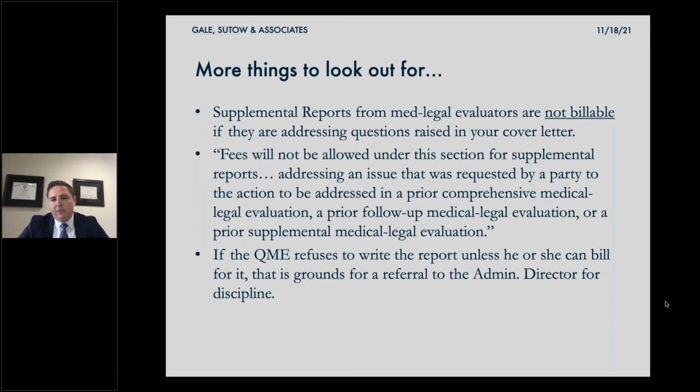So I think this is a very important section, and it's a great thing that was added in, because now, whenever you ask QMEs to address issues of, maybe, applicants' prior injuries, and then you get a report that has no discussion of prior injuries and maybe even a denial of prior injuries, but you've included subpoenaed records with specific citation to particular pages that you want them to address, and they fail to do it, well, that's going to be an issue now, and something that the QME is going to have to address in the supplemental report.